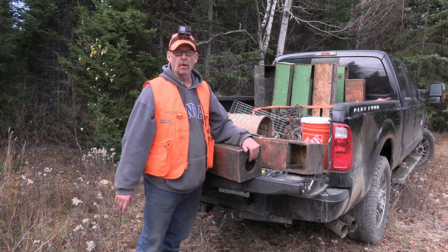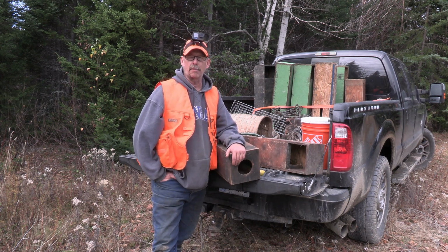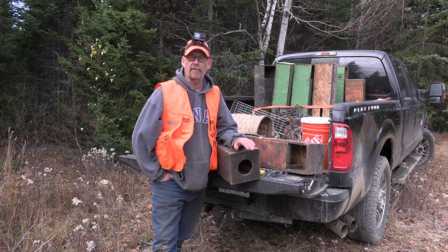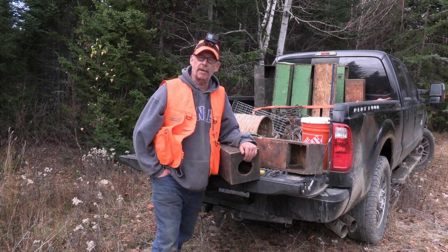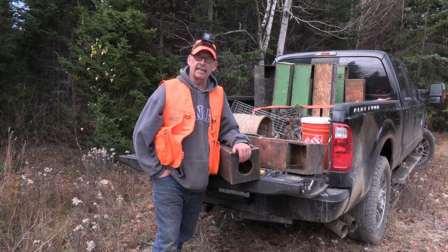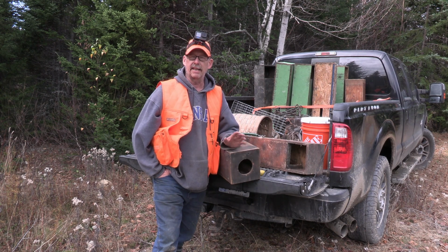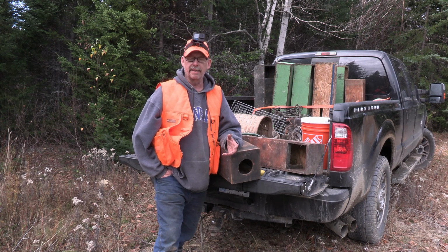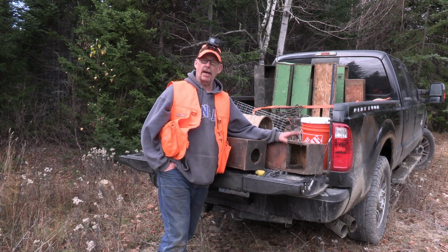Now, I was talking there with John, and it was very interesting where he was saying he's seen Marten go in through a hole in a pine knot, so they can slide into a whole lot. So this isn't a problem for the Marten, and a female Fisher can probably get in from everything I'm gathering. And it's the big blockhead male Fisher that trappers are trying to figure out how to catch,